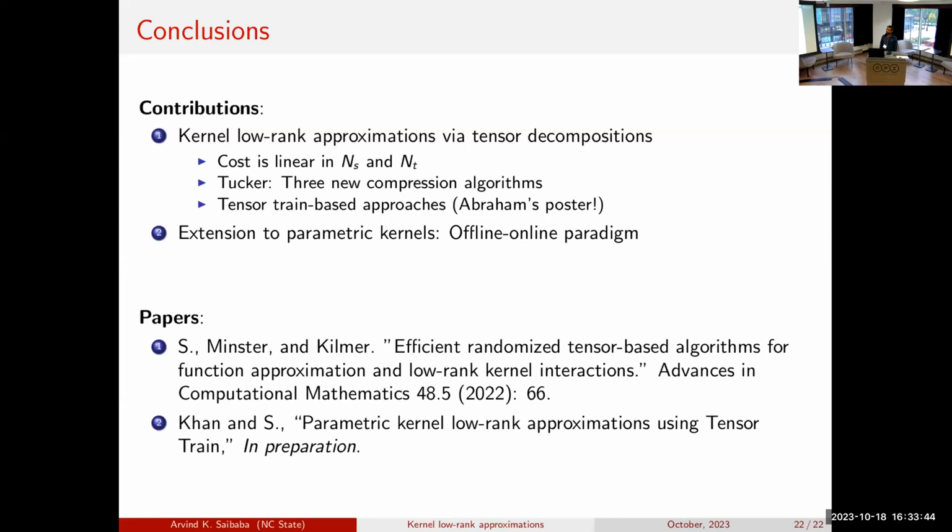What is the connection with the butterfly factorization? I also see in the poster there's a butterfly factorization. Yeah, that's a great question. So I didn't say this, but I'm assuming that the kernels are smooth. Butterfly factorizations, as I understand it, are meant for kernels that are oscillatory, so from wave type problems. We're assuming a certain smoothness in the kernels, so that's not in this problem. I don't know how to do it for those problems, but it would be interesting.